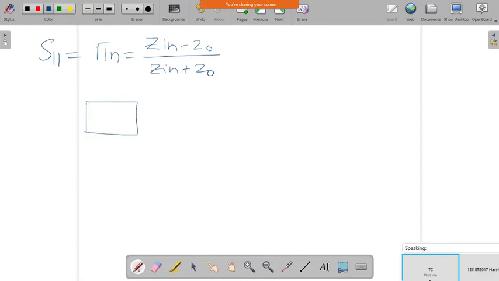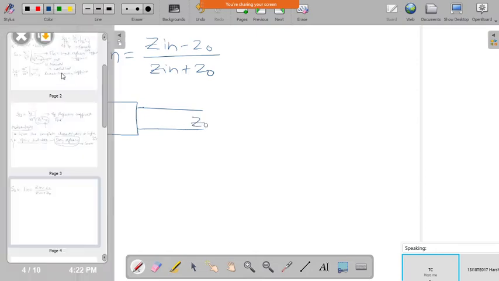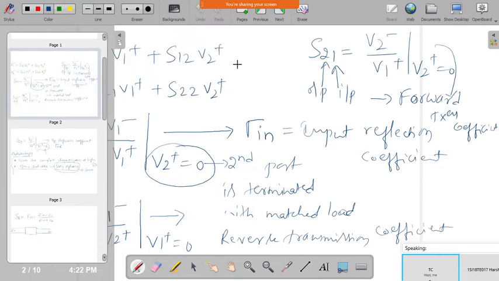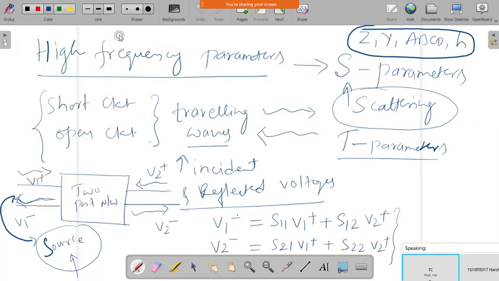Now if I take the two port network, to derive the high frequency parameter in terms of the low frequency parameter, we have the two characteristic impedances the same. Whatever S parameters we have derived here, we are assuming that the port impedances are equal, here and here. Now if they are different, again we have to use different expressions, which we will see later.